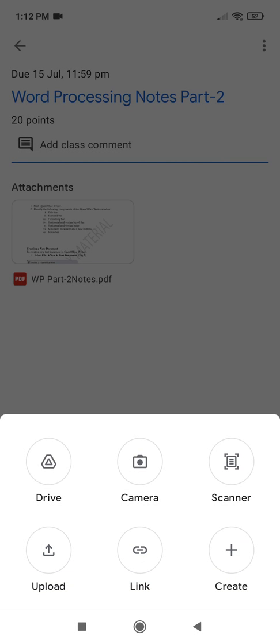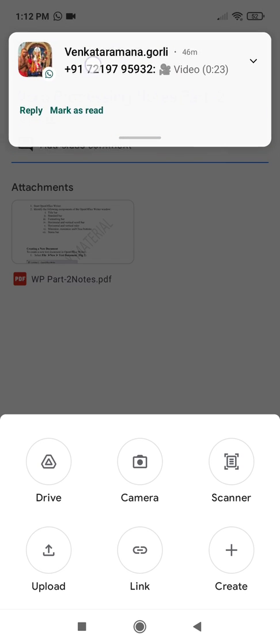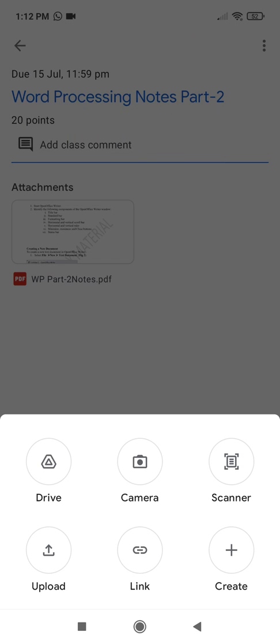Now here are the different options through which you can submit the assignment. You can keep all the scanned copies of the assignments in Google Drive, then you can link it, or else by using your camera you can take photos and give them, or else you can convert as a file and later on upload. You can give it as a link, or different options are there. The best method is the scanner option, because you are writing the assignments in your notes, taking the pics and sending them. So that's why scanner is the best option for submitting the assignment.